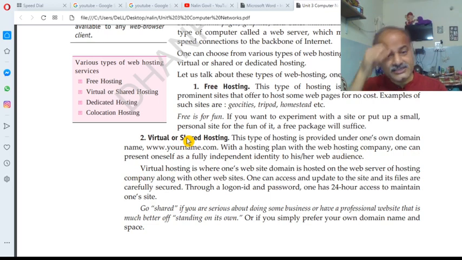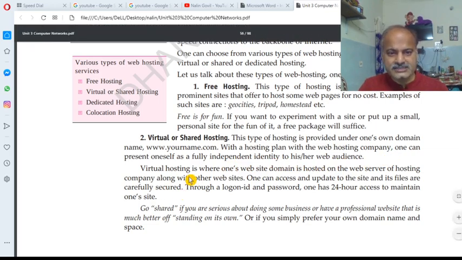Now the second, virtual or shared hosting. This type of hosting is provided under one's own domain name, www.username.com, with a hosting plan from the web hosting company. One can present oneself as a fully independent identity to his or her web audience.